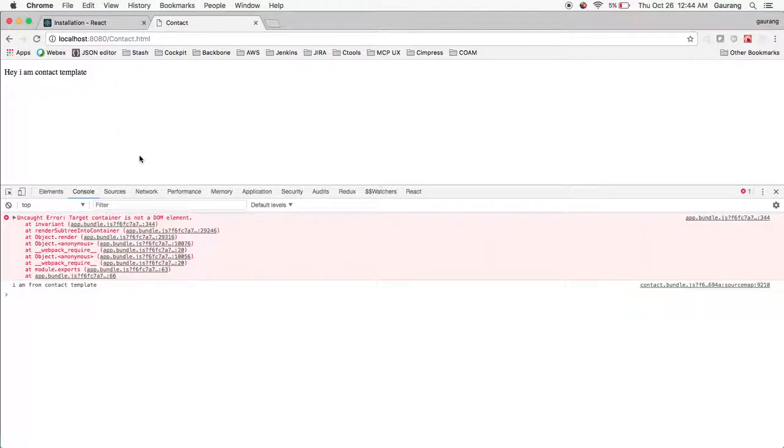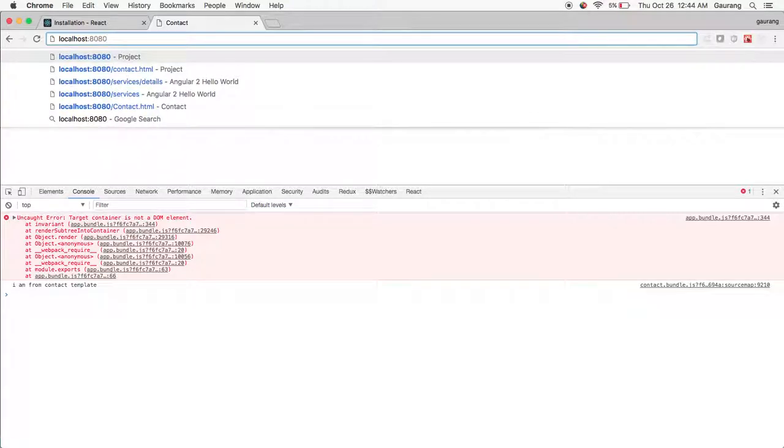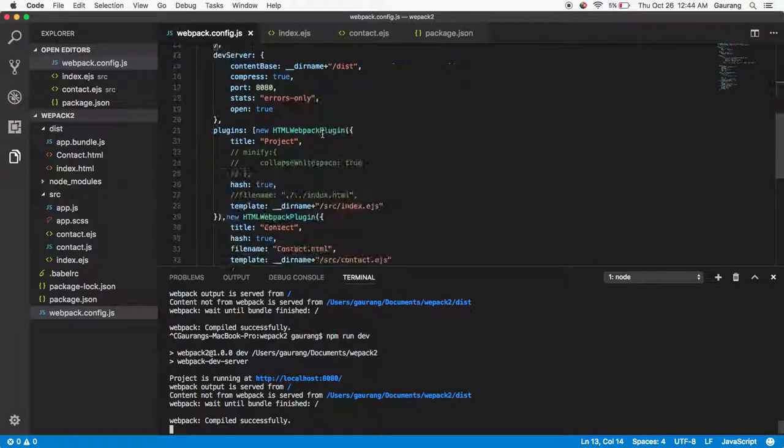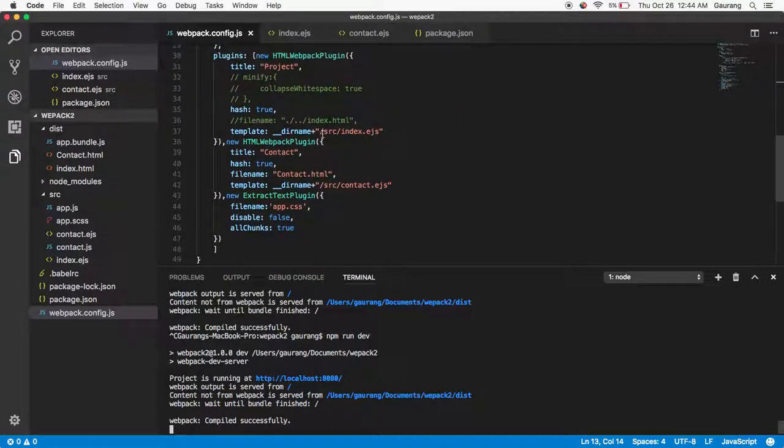This is working fine, and the reason I'm getting my console.log properly is this, but ignore this particular error for now. Even in index.html my contact template is getting loaded, and that should not really happen. So I have to go to my configuration,